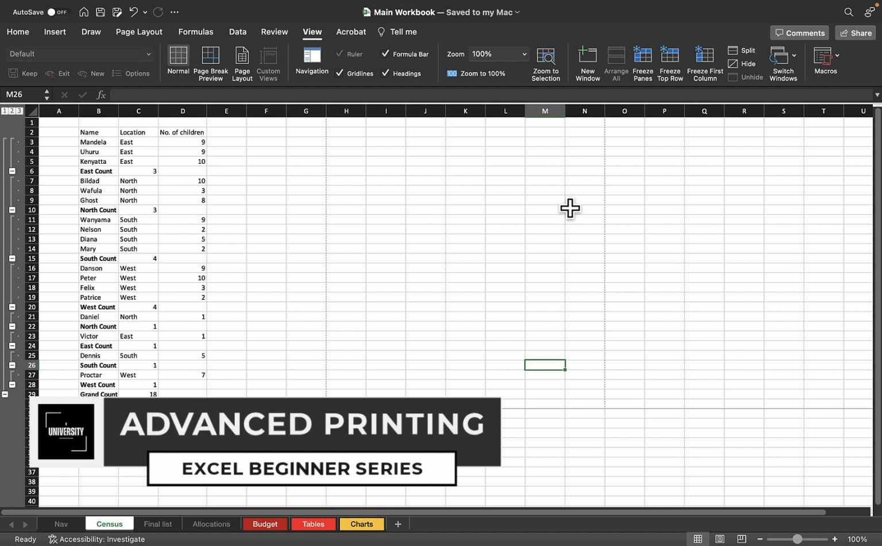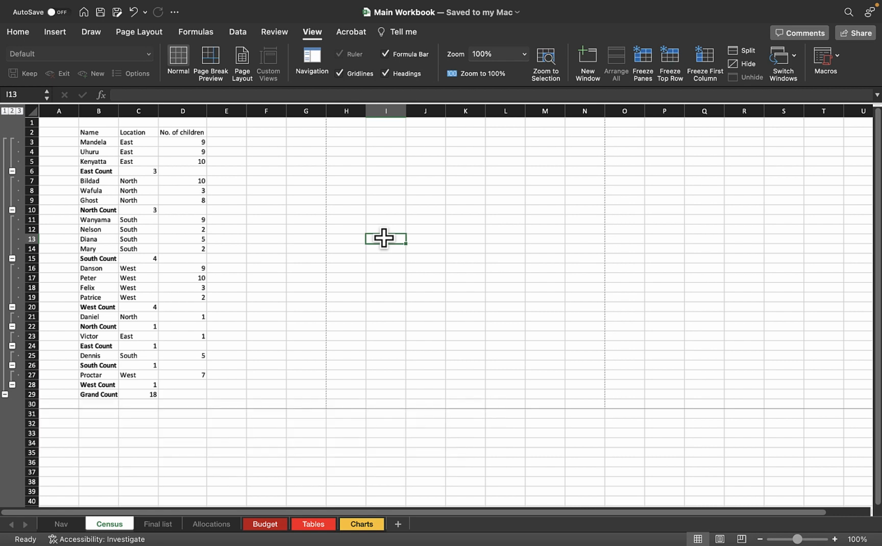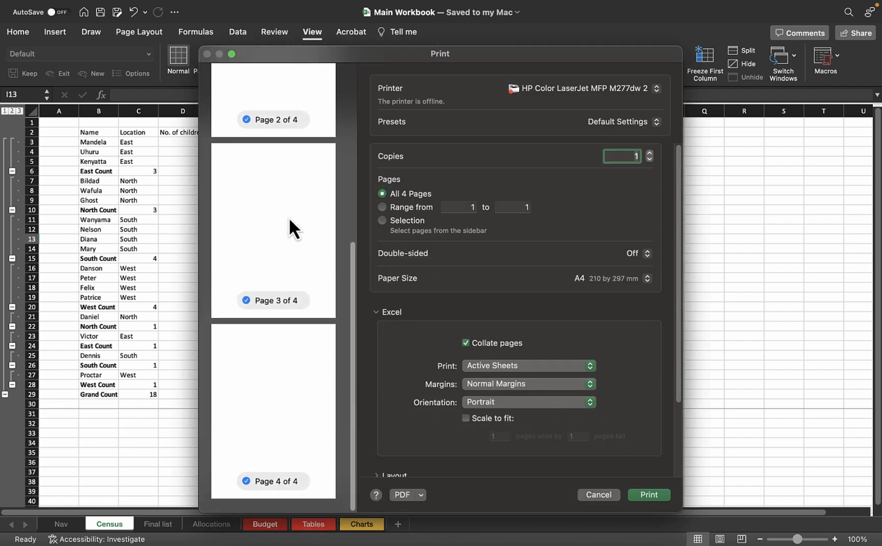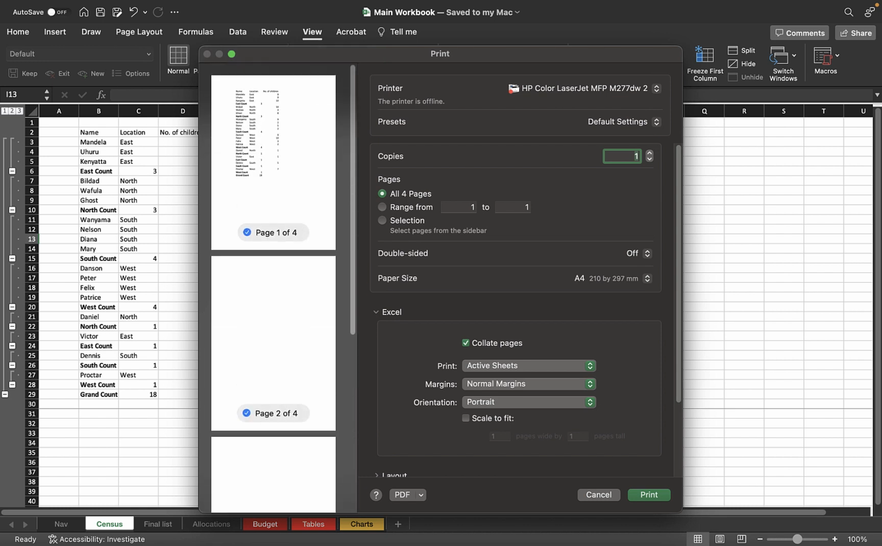Welcome. We're going to learn about advanced printing, and first of all we just need to navigate to the print preview panel. This is it. So this active sheet has 4 pages. Now the first thing we are going to learn about is how to print an entire sheet or how to